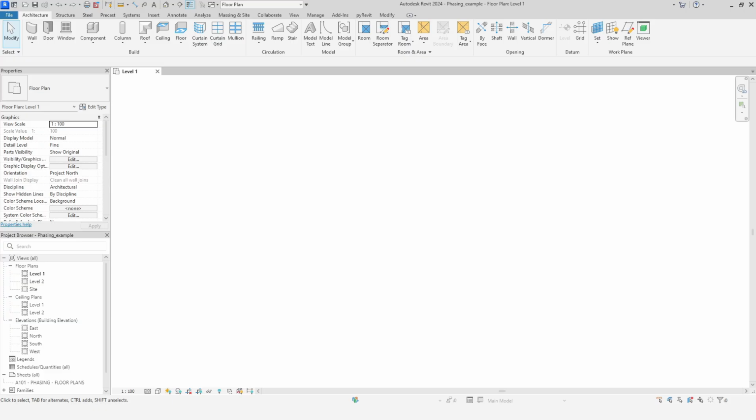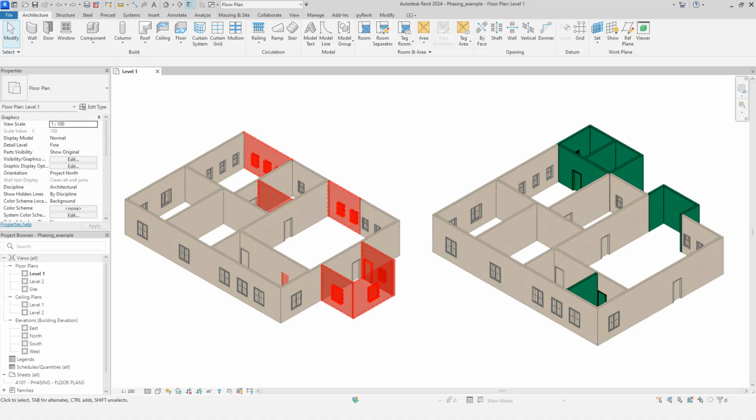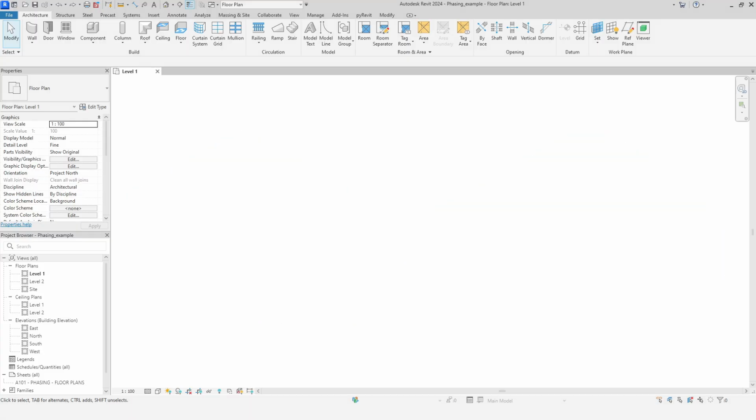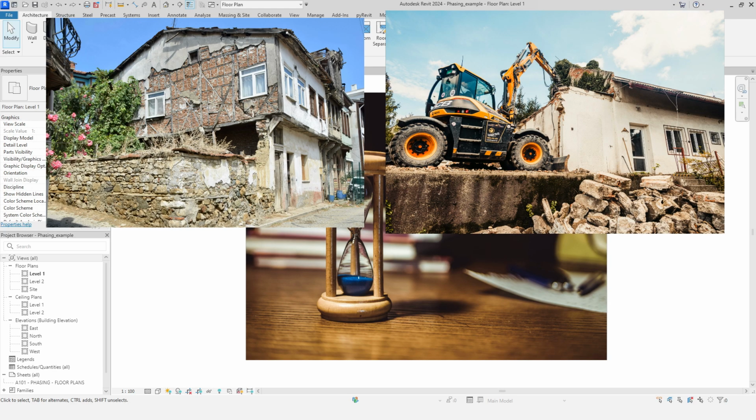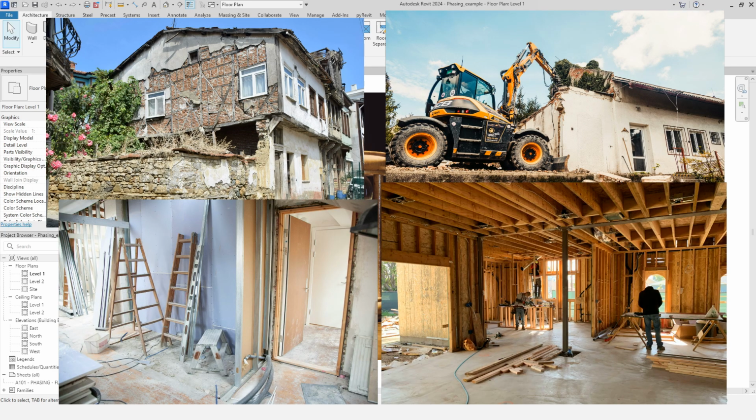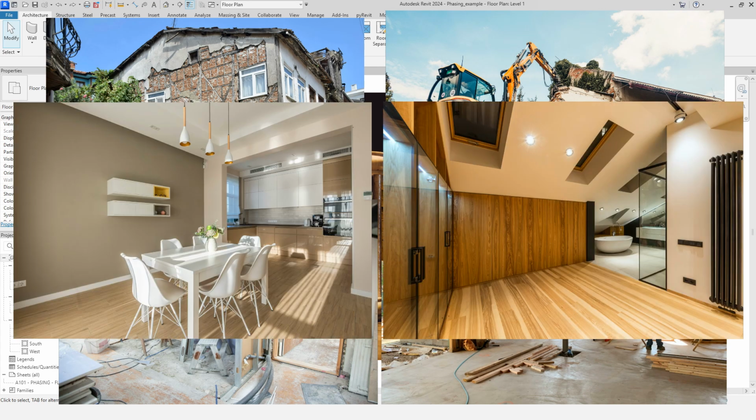Today we will talk about phasing in Revit and show you how to properly display existing conditions, demolition, and new construction. Phasing in Revit gives us the ability to apply the fourth dimension to our projects, time. In other words, it allows us to show different time phases of a project in the same model. Many projects, such as renovations and adaptations, proceed through multiple phases, where each phase represents a specific time period in